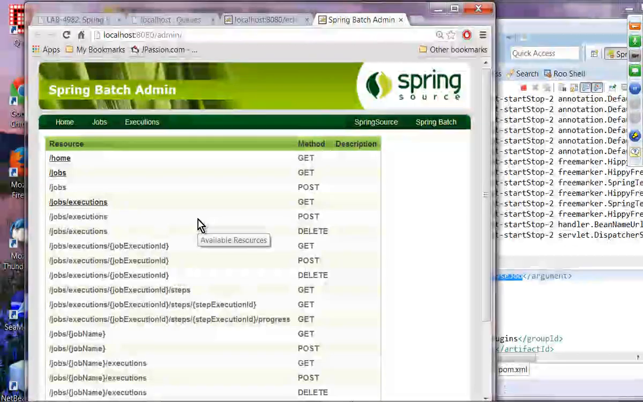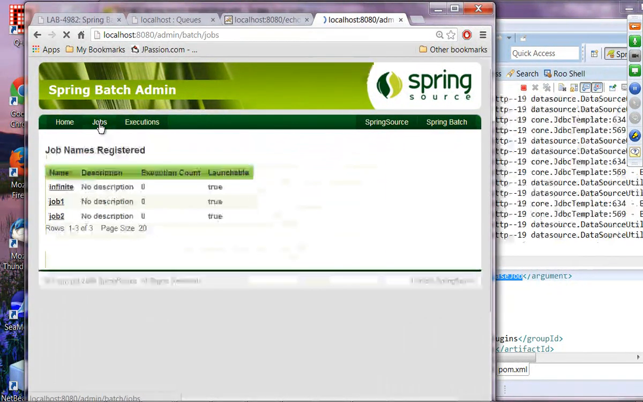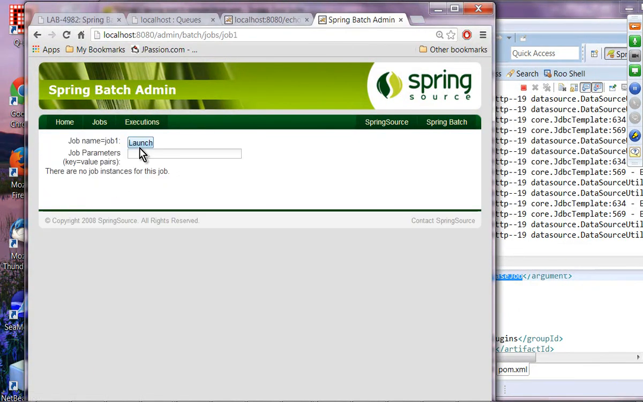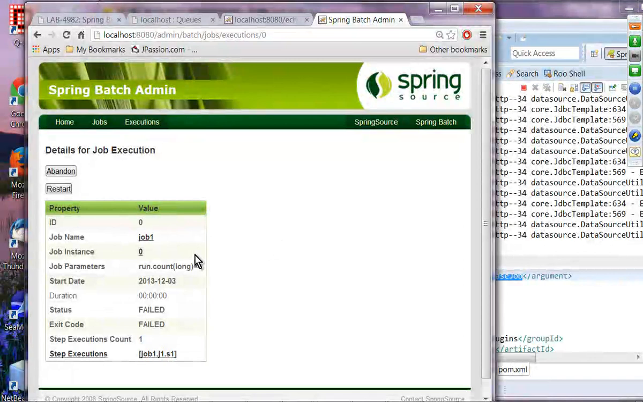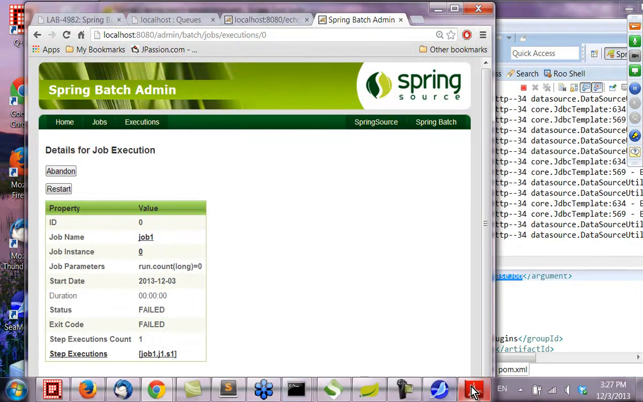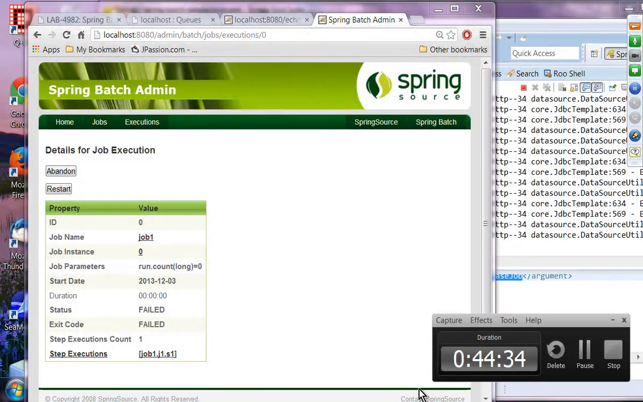So you can see we have jobs. We have sample jobs here. You can click job one, and then you can launch it. Okay, so this is execution started. You can take a look at the execution and you have detailed information here. So this is the Spring Batch Admin application that you can take a look at. All right, so that is the end of the